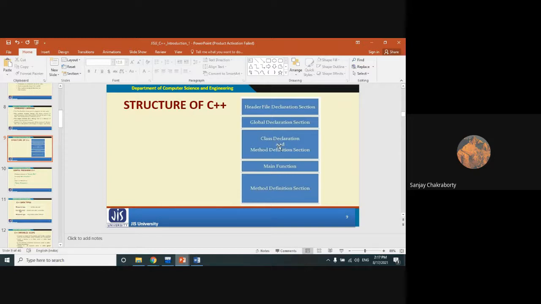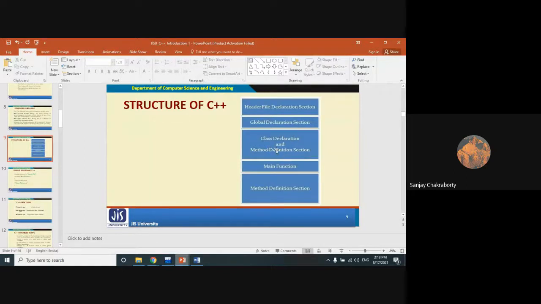If we declare int main, we'll have to use return 0. Okay, all of you know that. And if we declare void main, we don't need to use any return 0. Okay, then these are method definition functions. So method definition means if you define any kind of functions, then the prototype declaration of the function should be declared here. Or if you declare any kind of structure, then you will declare that structure